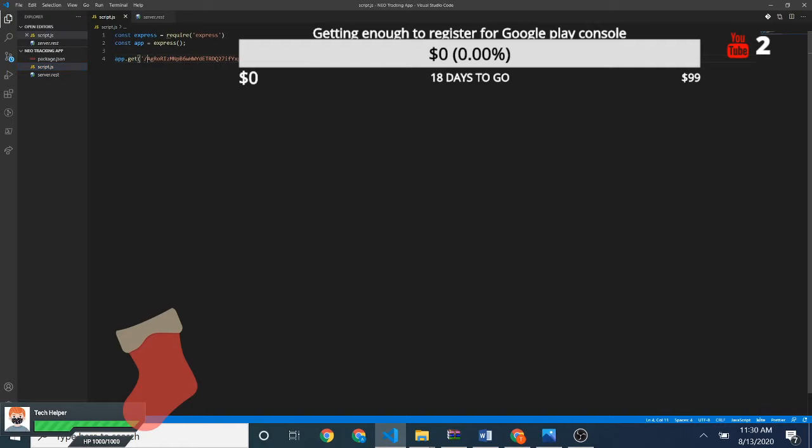Don't need the slash, and we need that. You can put a question mark there for our API key. And because we have template strings in JavaScript,